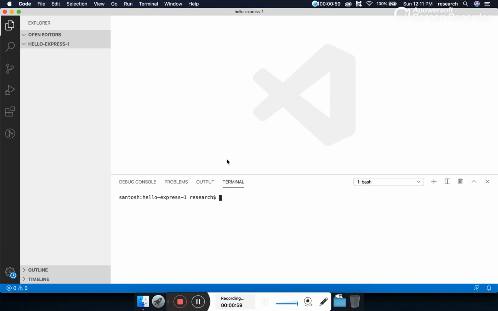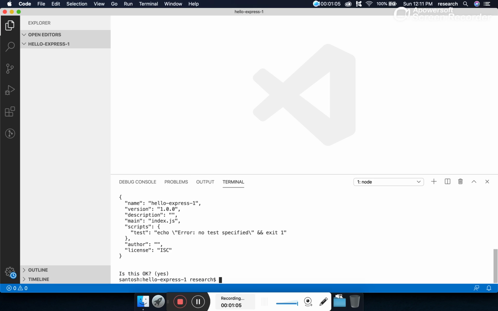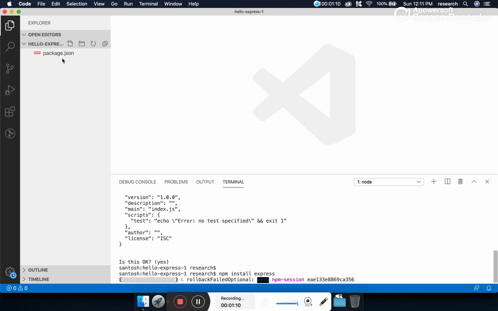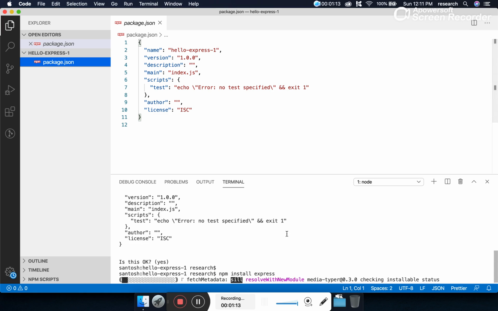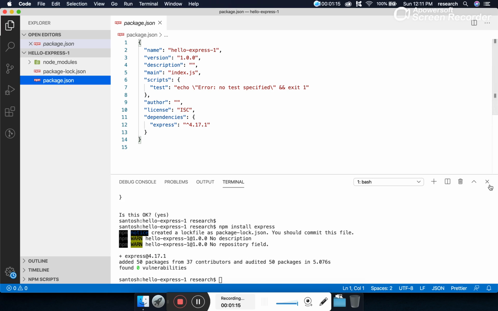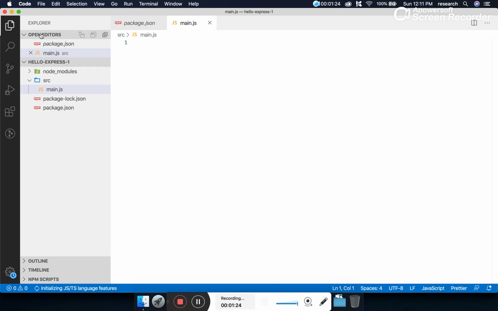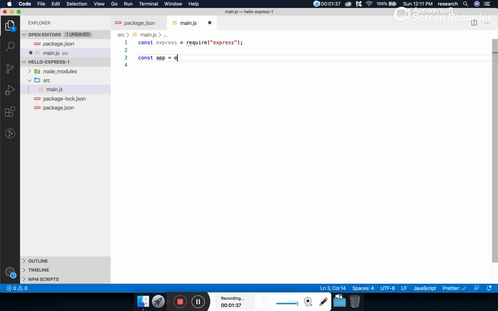Let's open the integrated terminal, initialize the project, and install the Express.js module in the project. All these things we have already done in our first two episodes. Now let's create a folder src and start developing our server main.js, by quickly importing the Express.js module. This is the starting point. Assign this to one variable, express. Let's create an instance of express.